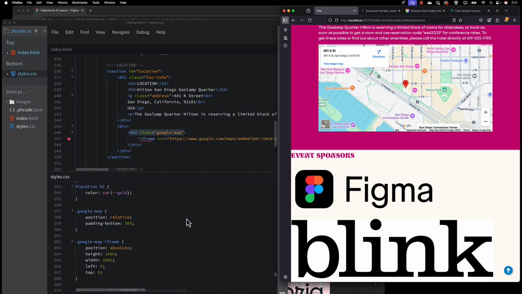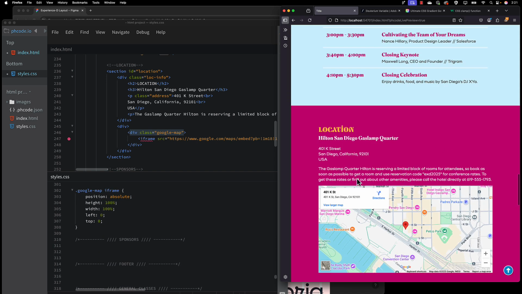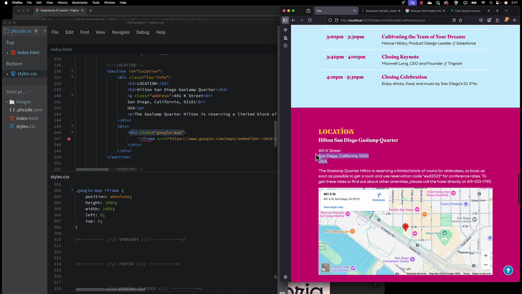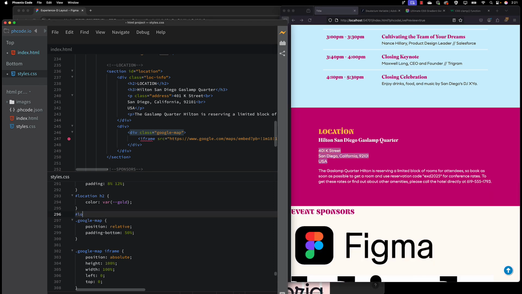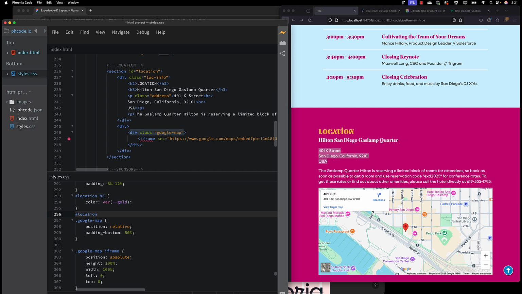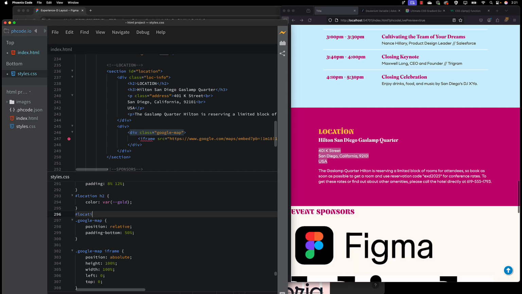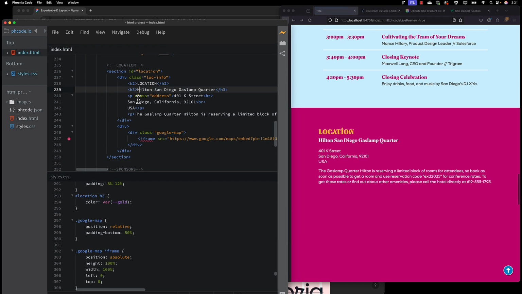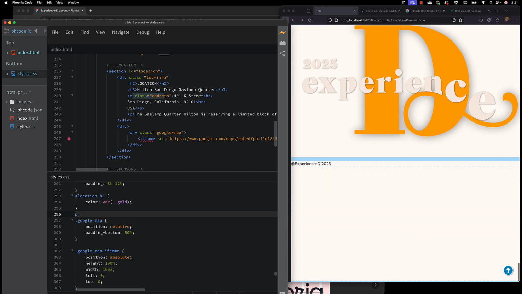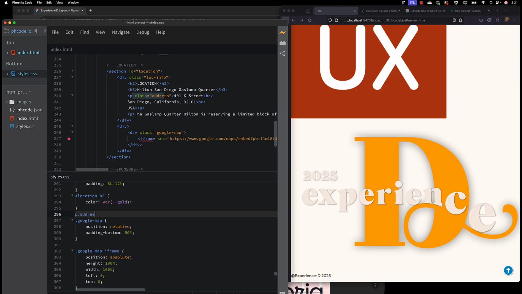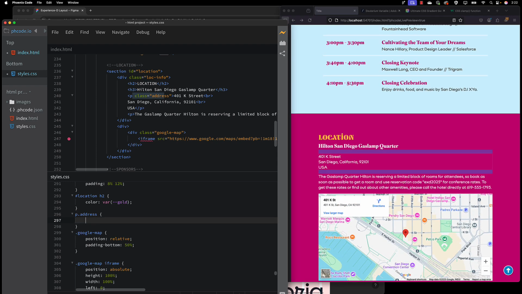And I think that the only other thing that I did notice that I forgot about is that in my Figma drawing, I had the address in a heavier type. So if I come in here and I tell it to do the location, I think it was actually here, we don't even have to do location. If we look here, you can see that there's a P with a class address. So if I just say p.address, that means the class of address that is assigned to, not inside, but assigned to P, let's say that we want that